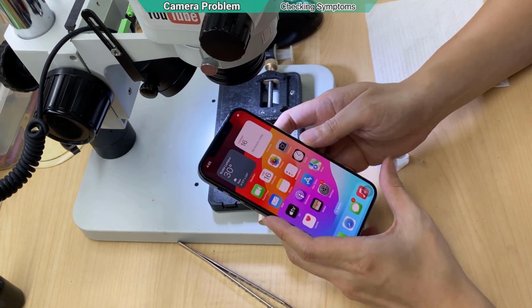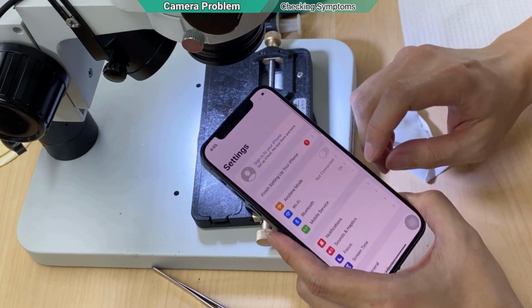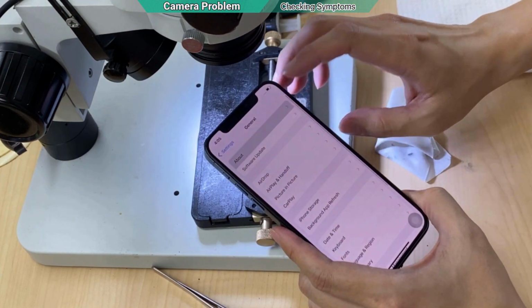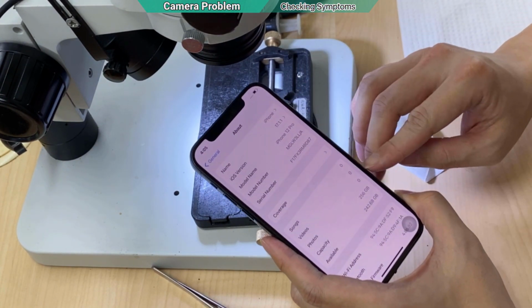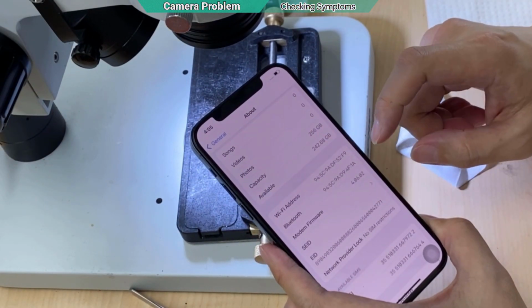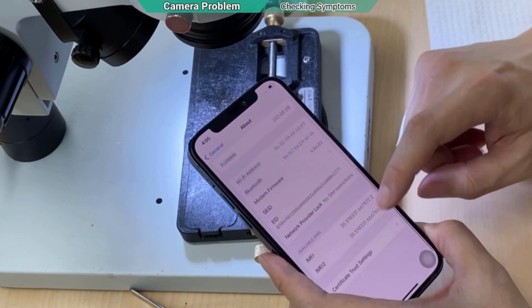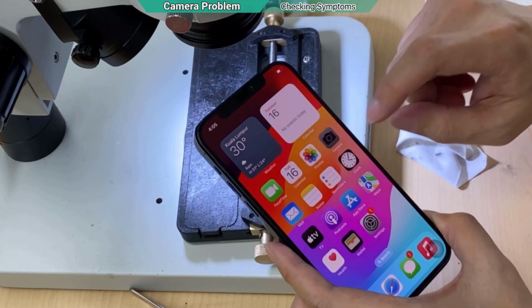Okay, we have a case in here which is the camera problem. Let's go to Settings, General, About here. We don't see any error message because everything is still original. We are the first hand, so it is the iPhone 12 Pro. And let's open up the camera,